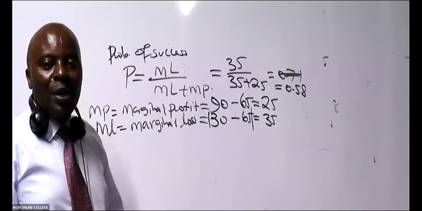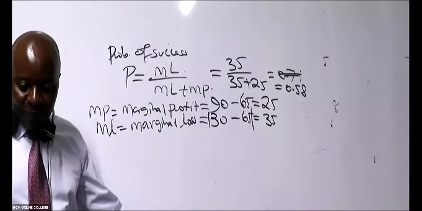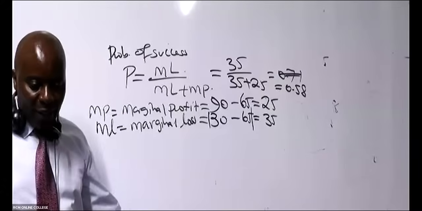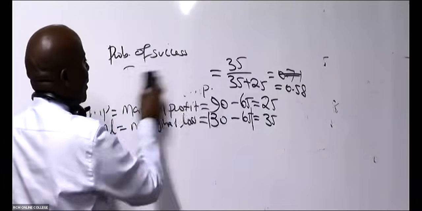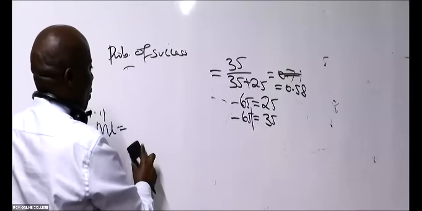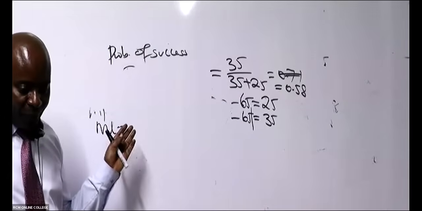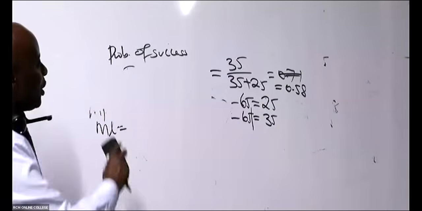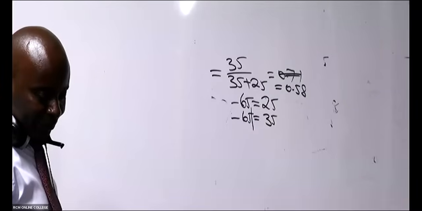So from there, we have the reverse cumulative probabilities. 0.58 is correct. Thank you so much. So then come and give us the reverse cumulative probability. Have you guys been able to write up to here? Thank you so much. So the reverse cumulative probabilities, you need the demand.